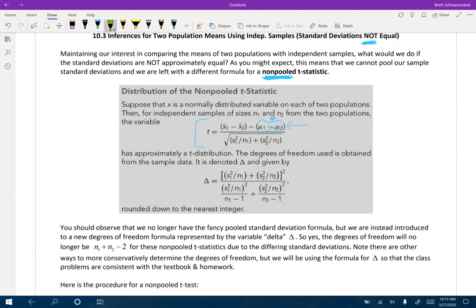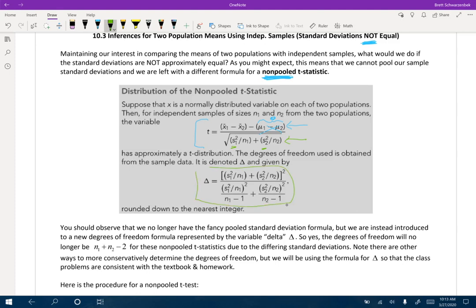The denominator is different. Again, why? Because we're allowing the standard deviations to speak for themselves instead of removing the subscripts, factoring it out, and then basically using a pooled standard deviation as a replacement. So the formula is kind of logical there, so that's not any different. Well, what is different? Well,